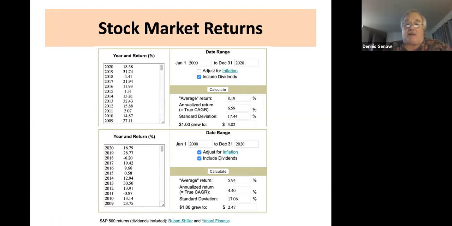21 years in the stock market, for some of the best years we've seen, 18% last year, almost 32% the year before. And you can see some of those numbers here going back through 2009. And this is all the stock market actually returns. And this is before they charge you their fees. So really, these numbers would go down a little bit more.